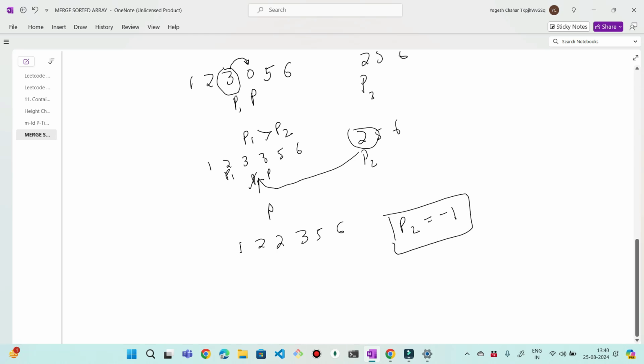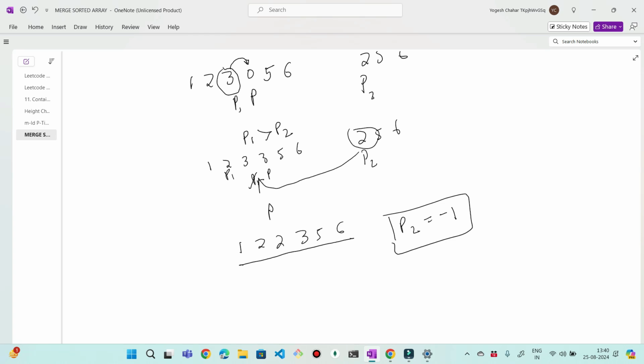We have exhausted all the possible numbers from the nums2, and we have put them in the correct location. So do we need to sort this remaining array? Absolutely not, because we already know that the input sequence was in a sorted order already.